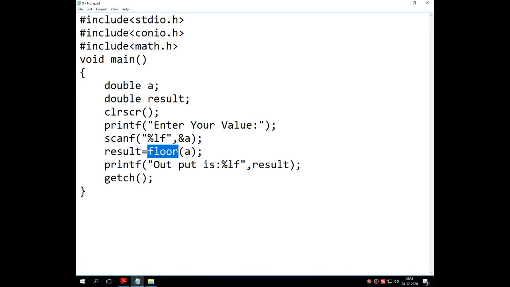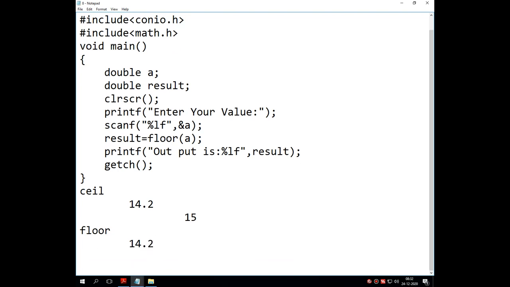Just change the ceil and floor function over here, you will get the output. If you use ceil, and suppose I am entering 14.2, what will be the output? 15. If we use floor and give the same inputted value, what does it return? 14 onto the screen.